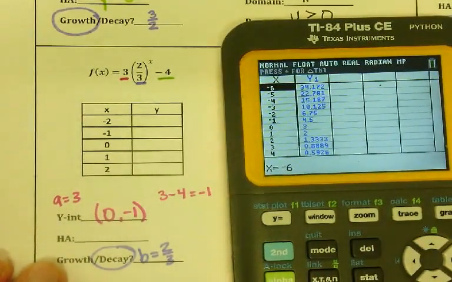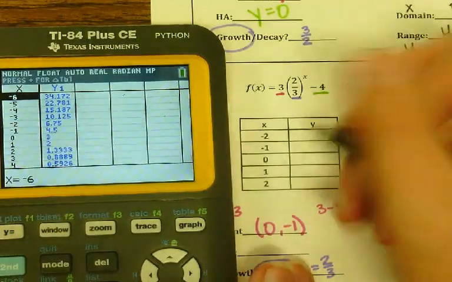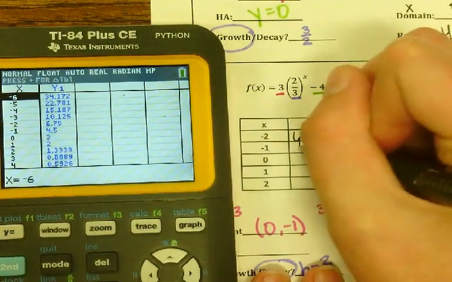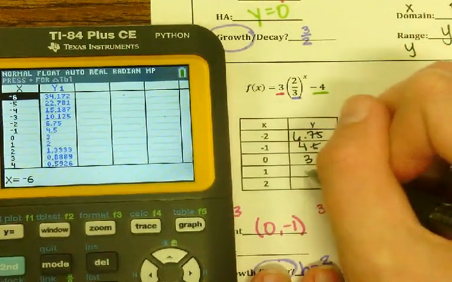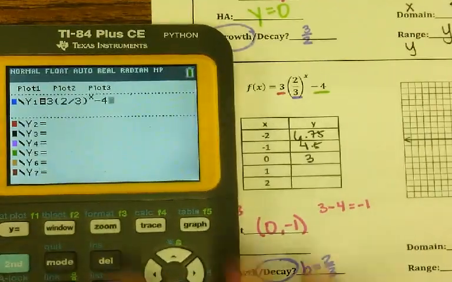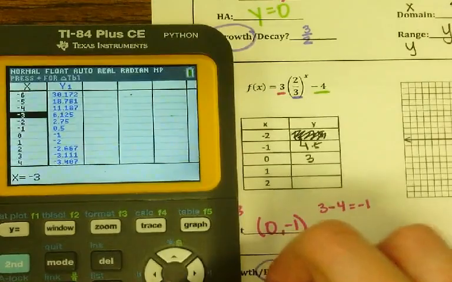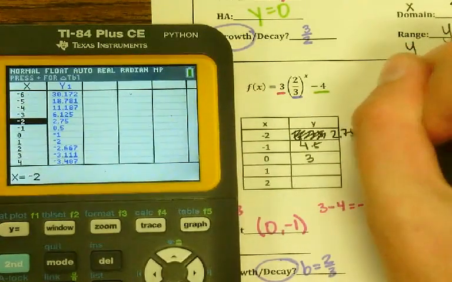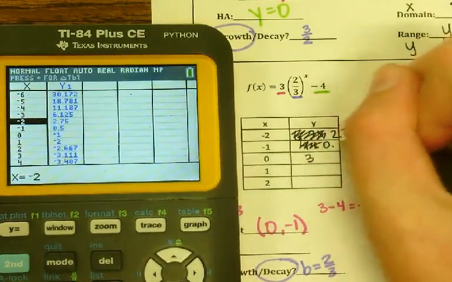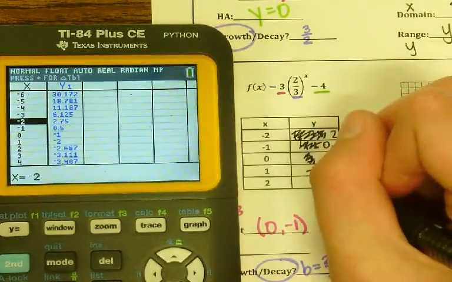And guys, when I go to my table, we can look in this and we can say, okay, that's what, 6.75. Ooh, I'm going to go this way, and then 4.5, 3, oops, what did I do wrong? Oh my gosh, y'all, I forgot again. I forgot to add the -4. Yikes. All right, so here we go. So it's not 6.75, it is 2.75. And then it is 0.5. It is -1, -2,